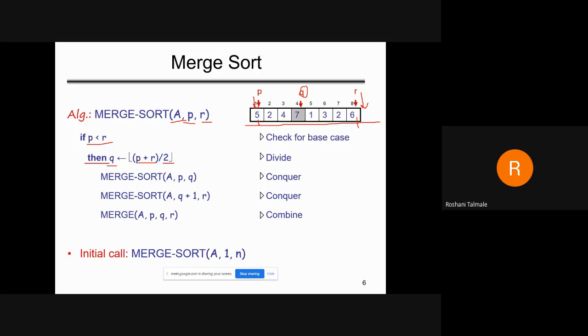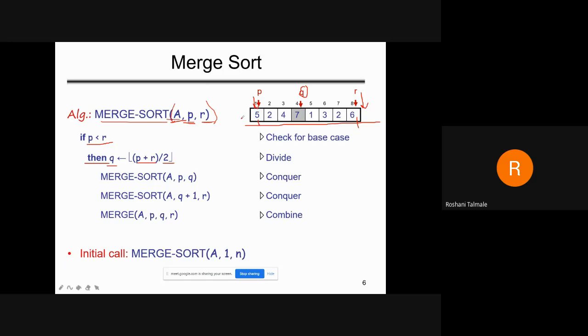So again, I'll repeat. This is the merge sort. This is the pseudo code of the merge sort. These are the main steps that we have to remember. We cannot remember the complete program. In this case, we have to use merge sort as an algorithm, and three parameters we will pass to this algorithm. A is an array, P is the first element, and R is the last element. In this diagram, P is the 5 and R is the sixth one. And this is position 1 and the eighth position.